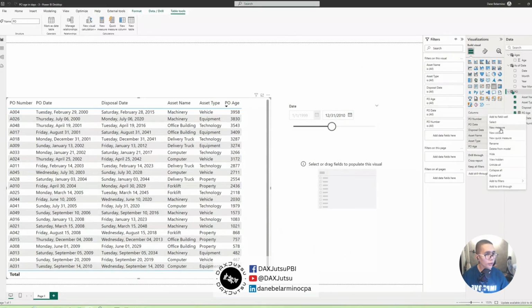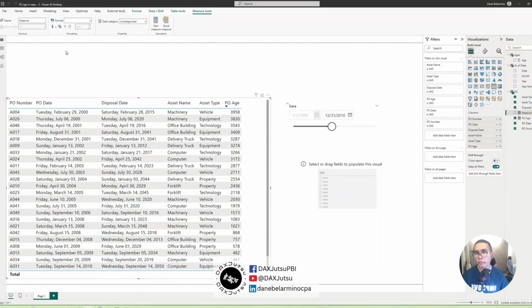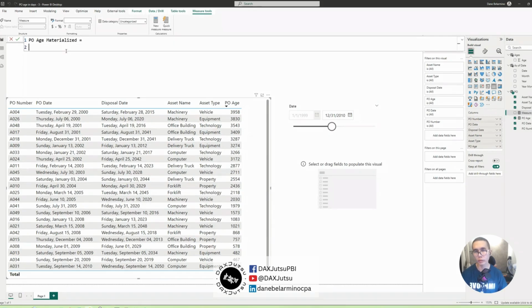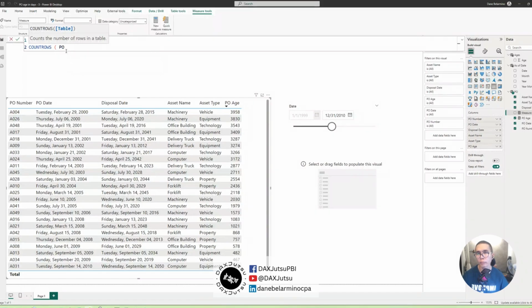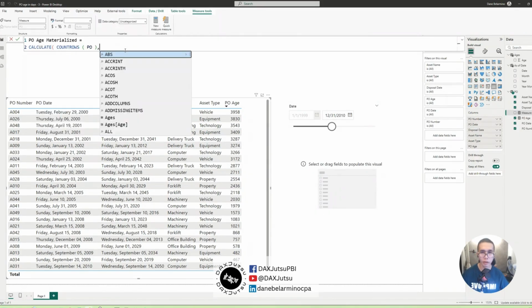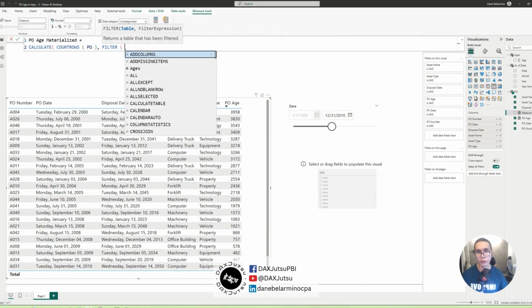Okay, so new measure. Let's say PO age materialize equals. So we will count the number of rows PO has because one row or one record in PO table is equivalent to one asset. Calculate. And we want to filter it by